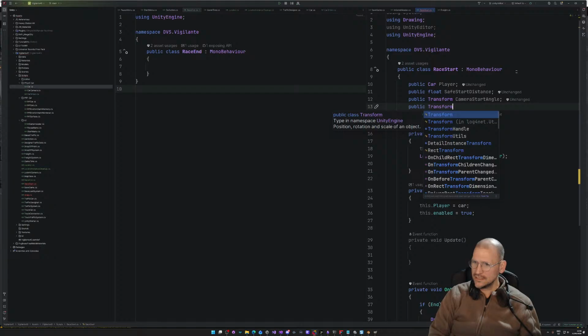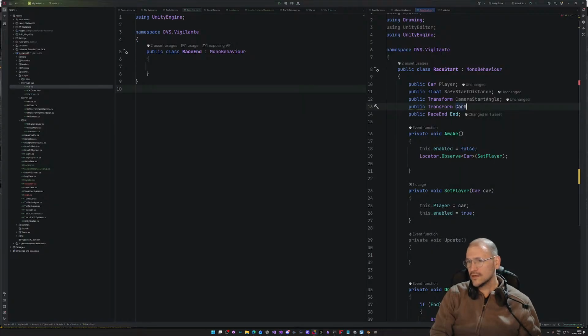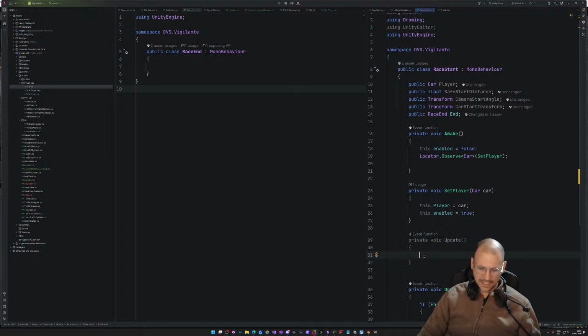We got the camera starting angle. We also need, what is another thing that we need? We got the safe starting distance. We got the camera starting angle. Oh, car start position. Car start transform. It's the whole thing. Not the scaling, but we need the rotation and the position. All right, so now that we've got those ones, during the update, we need to check the distance, and we have the player safe distance. We're going to say if